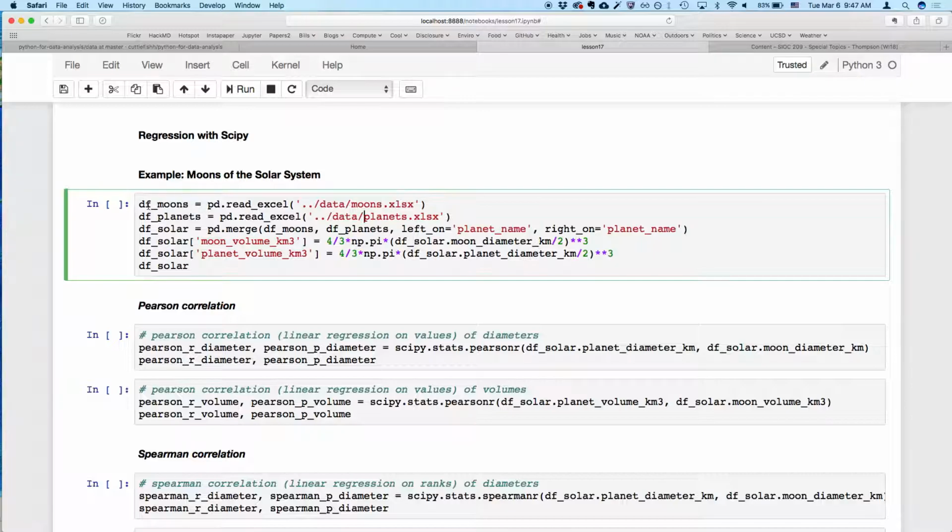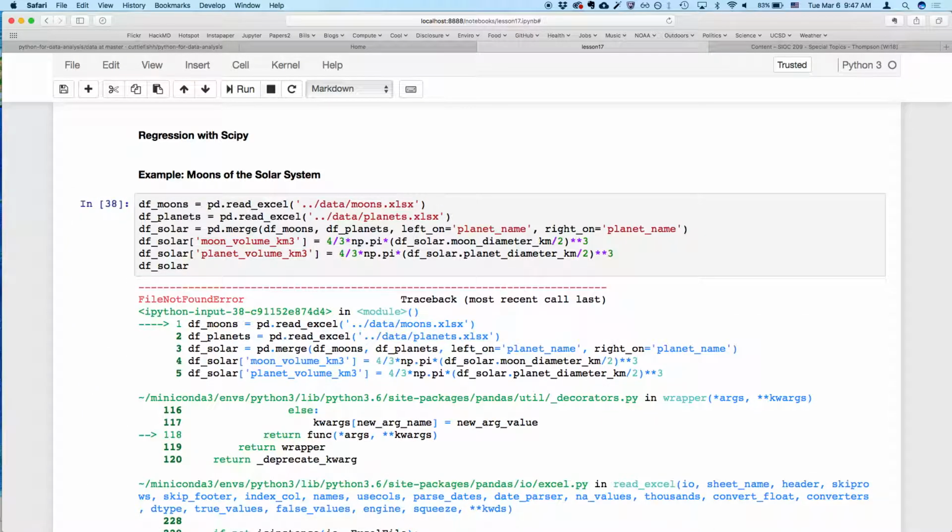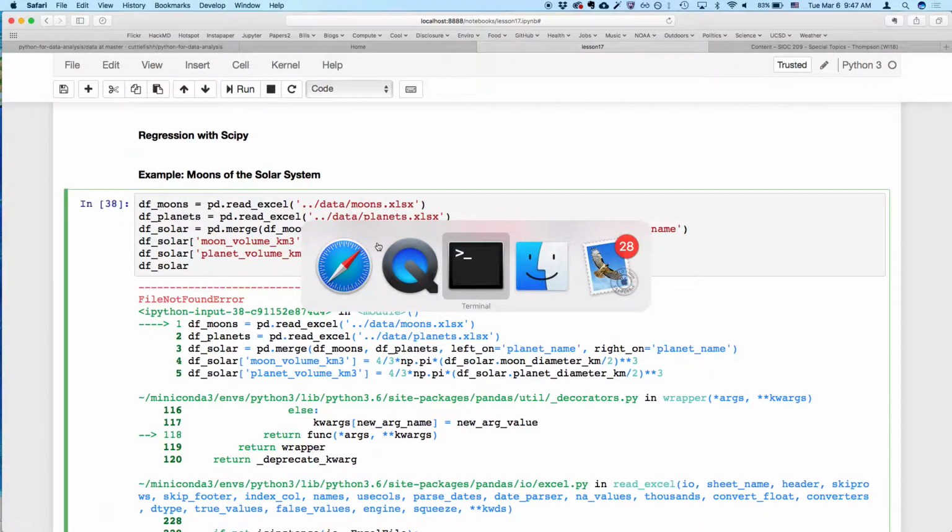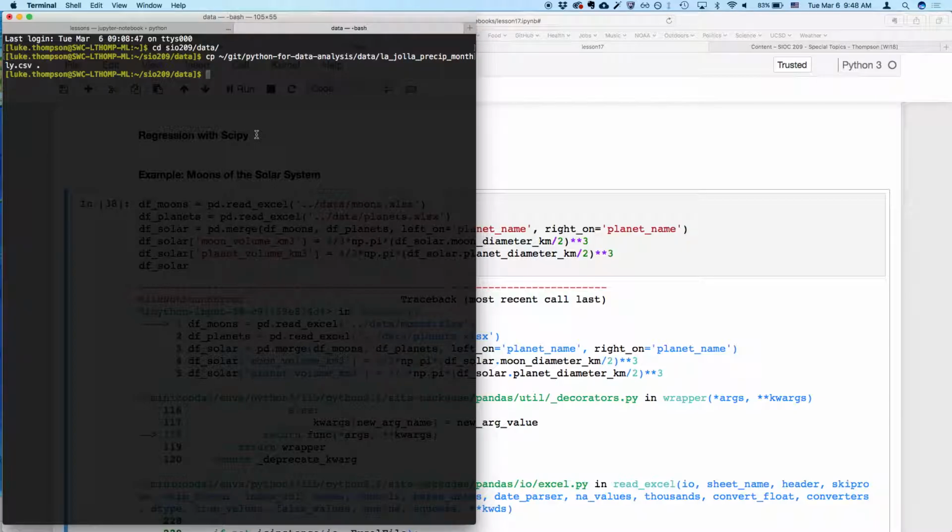So we're going to read in the Excel files as data frames. We're going to merge them, left on planet name, right on planet name. We're going to add columns for volume, so we're going to use 4/3 pi times the radius cubed, and then we can look at that. And of course I didn't run it again, so copy the